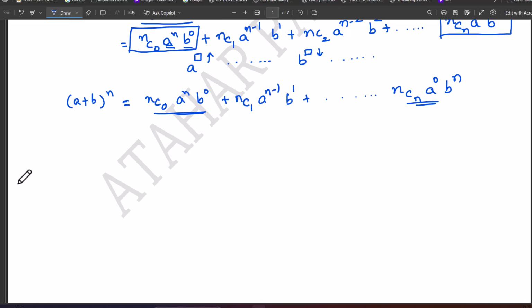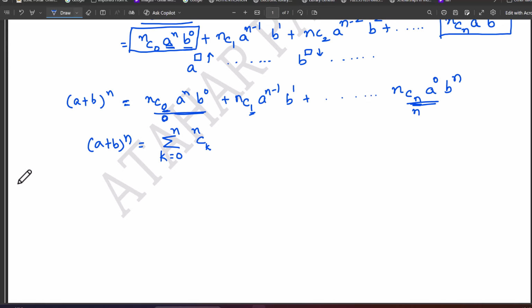Now, this is the full form. If I want to write it in the shortest way, how will I write? (A plus B) whole to the power n. What is the shortest way for summing up many terms? It is summation, right? And how is this summation running? It is running from 0 till n. So in summation, what will I write? k is equal to 0 till n. That is how we write the limits in the summation, right? Then what will be the first term? It is running 0, 1, 2, 3 till n, right? So I will write nCk.